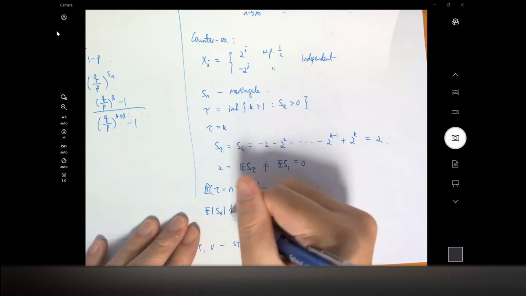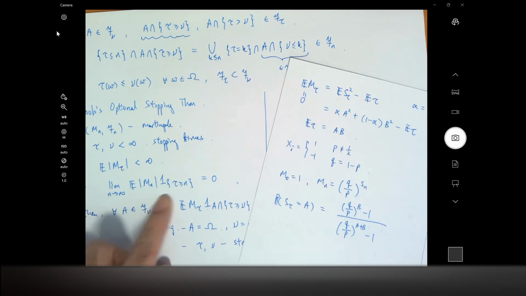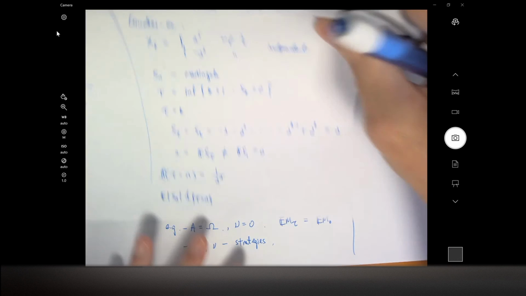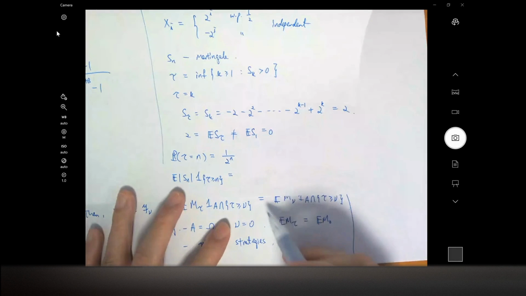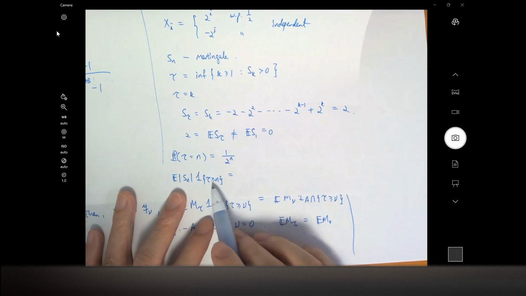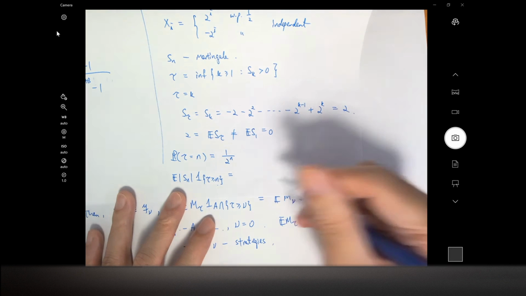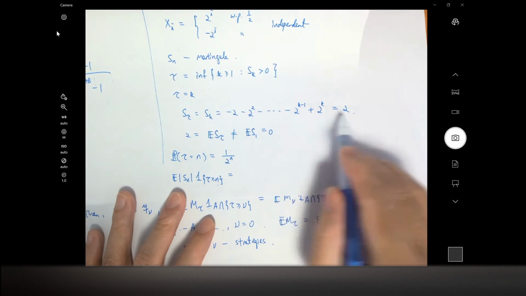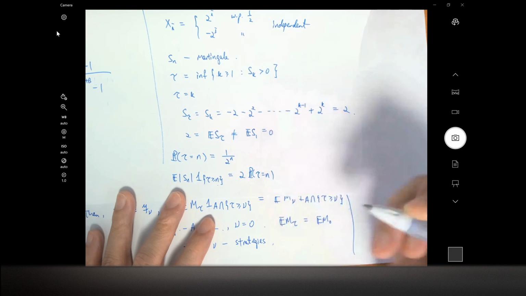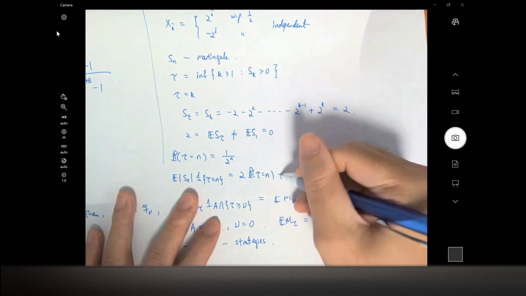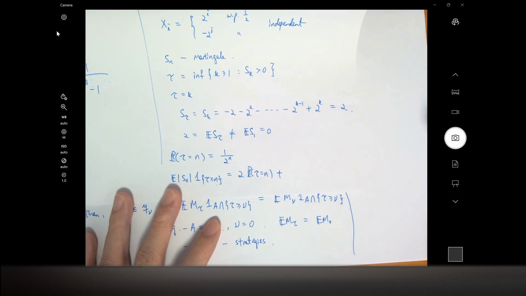Okay, so we can now compute this, the expectation of absolute value of S n on the event tau bigger or equal to n. Basically, we are trying to verify this condition over here. If you go and compute this, what will it be? You can break it out into tau equals n and tau bigger than n. So when tau equals n, you will get exactly S tau, which is equal to 2, times the probability of tau equals n. And then on the set where tau is bigger or equal to